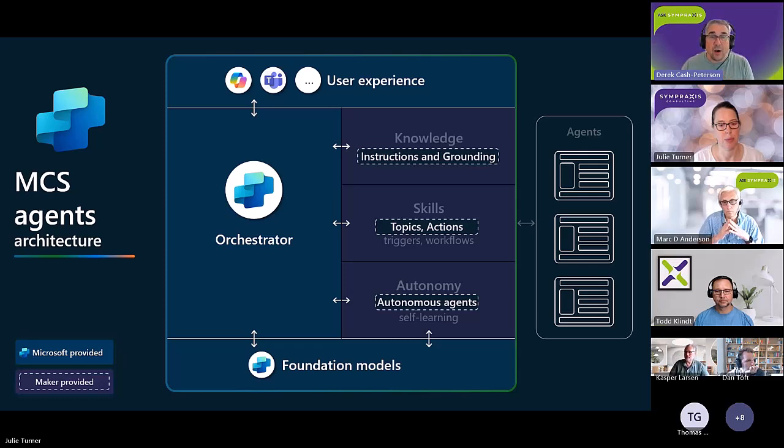And on the right-hand side, this is really the key differentiator between the SharePoint agents and Copilot Studio agents: we get to control and update the instructions and the grounding. So we get to update the knowledge. We get to update the skills. What can it do with the data, or how can users interact with that data in that agent? And then we can also have triggers that fire automatically, so if some inbox request comes in from Julie, always accept that meeting invite, regardless of whether I'm busy. Just accept. All right, next slide.